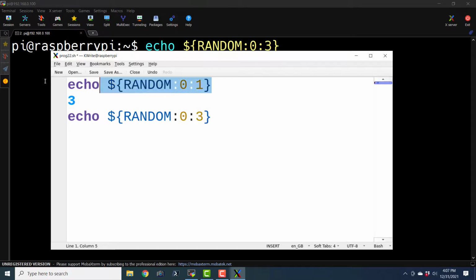Let me copy this again. I think that I have messed up somewhere. This is a 2-digit random number and this is a 3-digit random number.